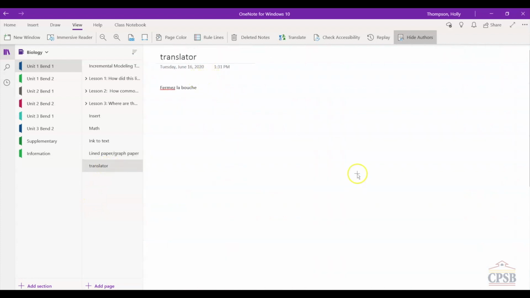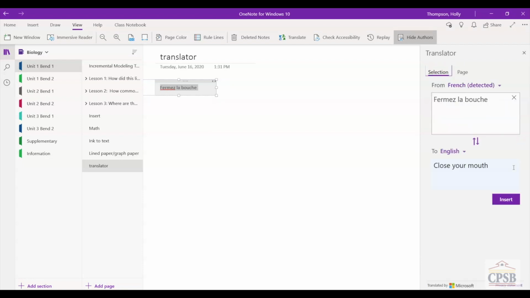And then finally, what I wanted to show you is the translator. Not really something that I need in my class, but you never know. Let's say that I do that, and I'm going to go to View, Translate, and it will hopefully translate it for me. Haha. So anyway, just some other features that they have in OneNote. I suppose the most obvious question is,